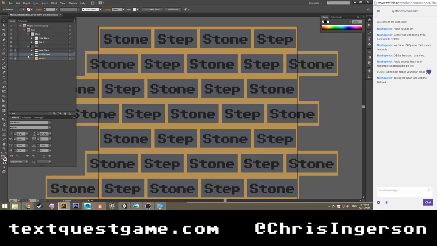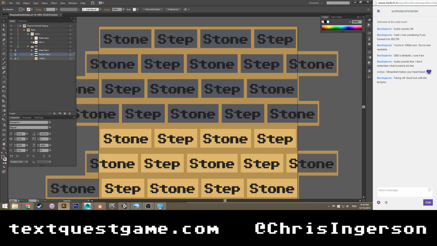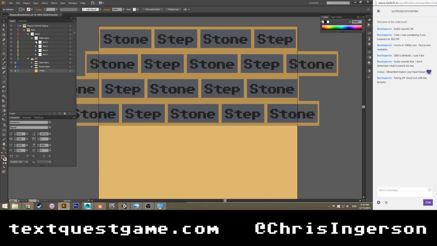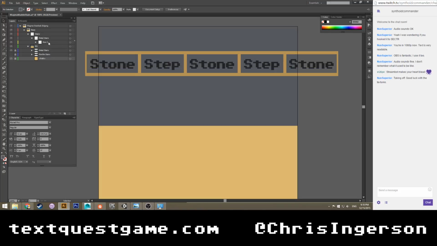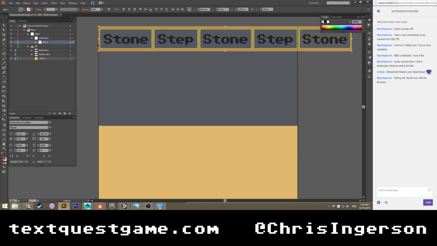Sadness. Despair. So let's turn that off. Let's delete stairs 2 for now because I gotta fix stairs 1. Let's just go ahead and delete all the way through row. Let's delete everything but row 2, because row 2 has at least the starts of things. So we can select this. Let's drag it all the way up here. Let's put it right there.